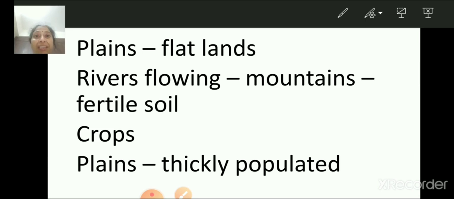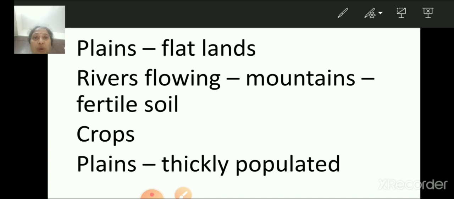What do they bring with them? Yes, rivers flowing from the mountains bring fertile soil to the plains. So, if the soil is fertile, the crops can grow well. That is why the plains are thickly populated areas in the world.